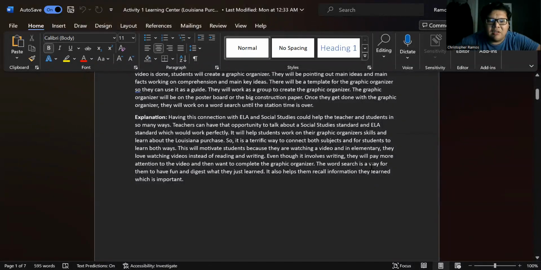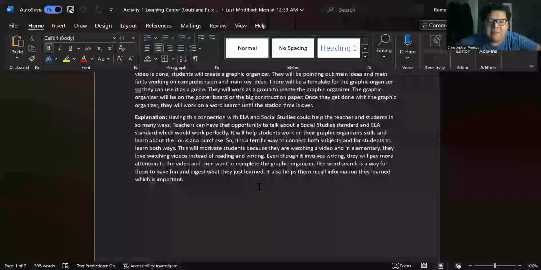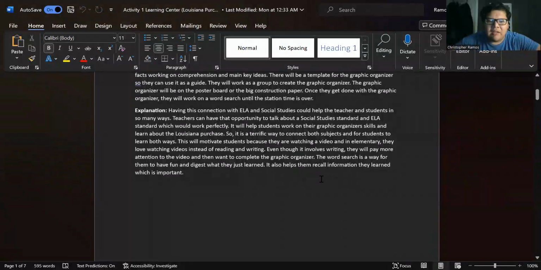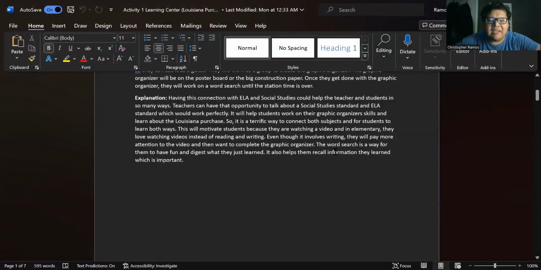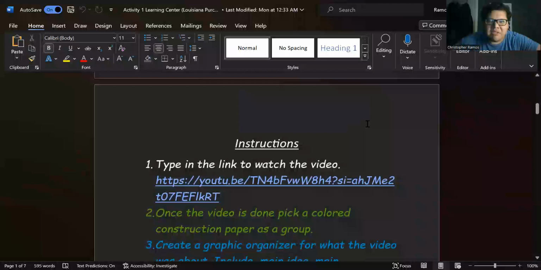Even though it involves writing, because I know it'd be better if they're creating something, if it involves writing, they will pay more attention to the video and then complete the graphic organizer in a way. So the video is like a motivation for them to complete the graphic organizer. And I added a word search at the end, which I'll explain more later. And so coming to my instructions,